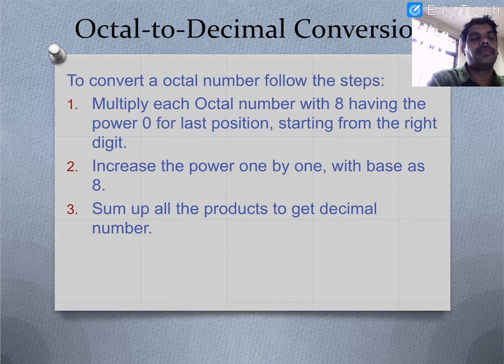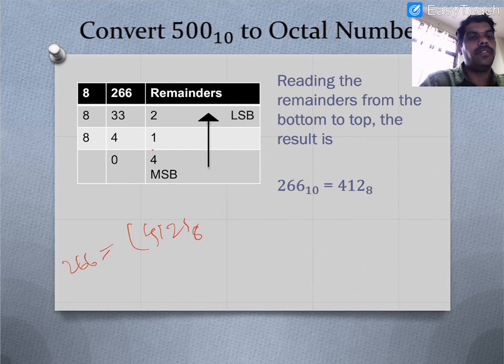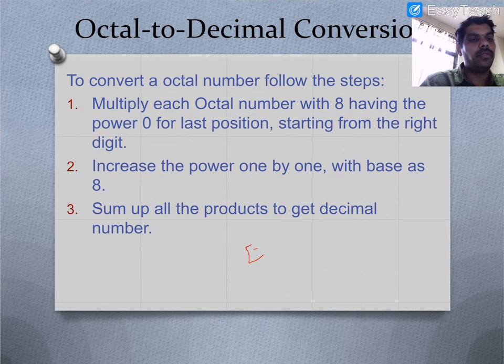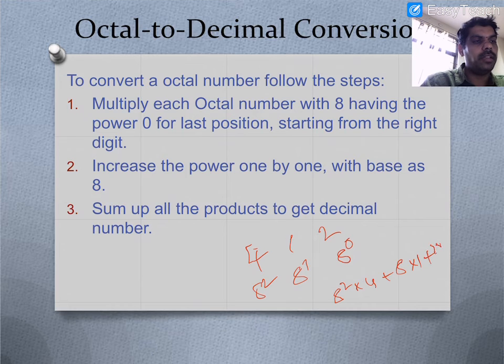And octal to decimal. So again the same thing. Suppose any octal number is given, earlier we have seen 412. You just need to write 412 with 8 to the power of 0, 8 to the power of 1, 8 to the power of 2. 8 squared into 4 plus 8 into 1 plus 1 into 2. 1 into 2 is 2, plus 8, plus